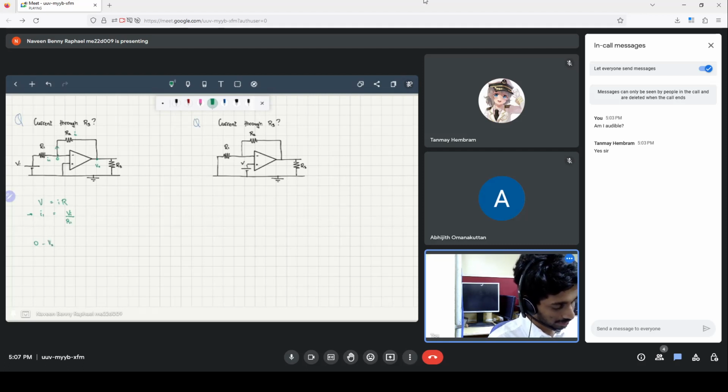Since current is flowing from this side to this side, naturally that means that the 0 has a higher voltage than the V0. So this is the potential difference, and this is equal to I1 into R2. This means that V0 is equal to negative of I1 into R2, and we know that I1 is equal to VI by R1. Therefore, we get